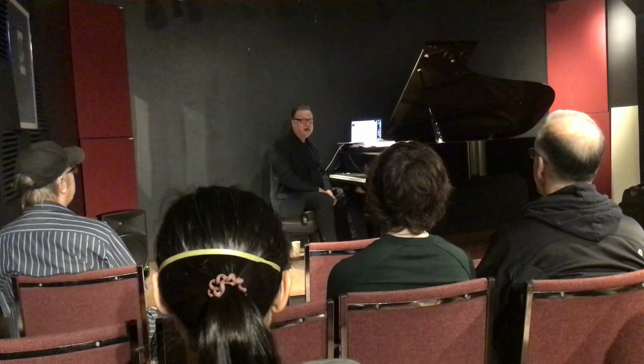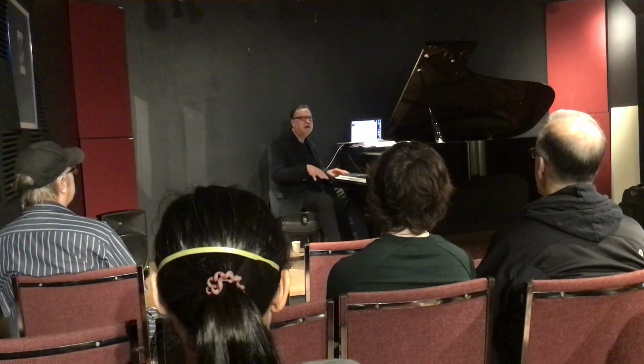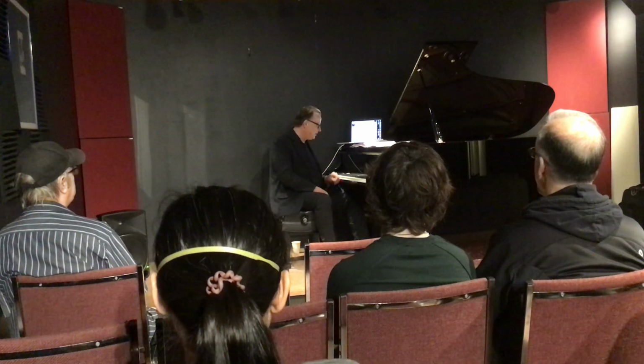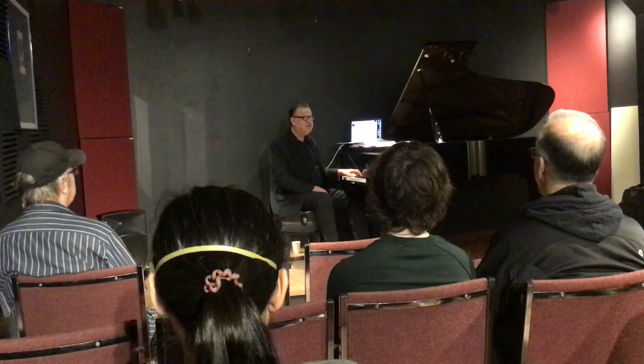Now reading that is not so easy, especially in jazz, because jazz uses enharmonic spelling a lot, which means you're going to have an A, and it's going to be right next to C flat. And then the C flat is going to be next to an E flat. Then you got an A on the bottom, but you got an A flat on the top. But is it really going to